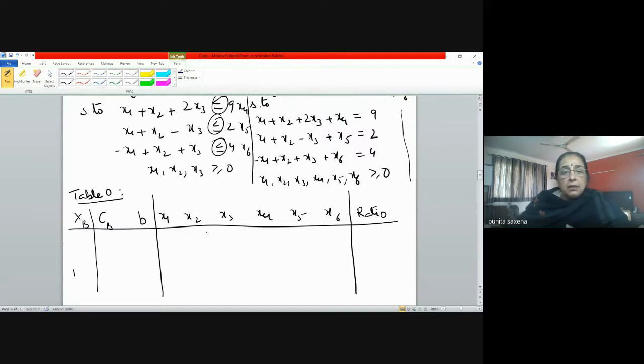Okay. Now, apart from these B, I will write one more thing here, which will be my Zj's. Zj's means the coefficients of all the variables that I have listed in the objective function, because C comes from the objective function. So in this case, it's going to be 1, 1, minus 4. That's right? x1 plus x2 minus 4 x3. And x4, x5, x6 had coefficient 0, 0. Right? So far, is it okay?